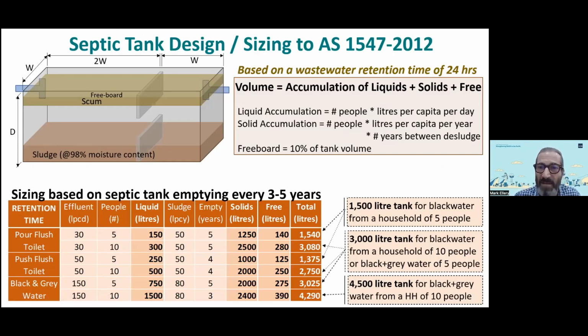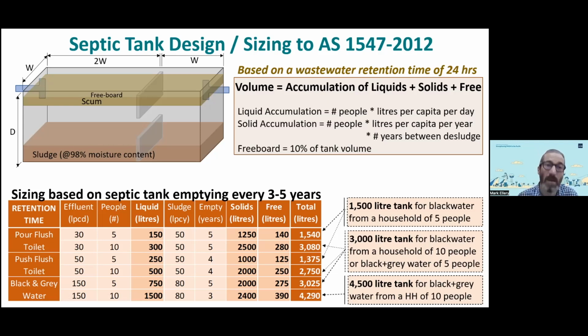Sizing of septic tanks is based on an effluent attenuation time, or retention time within the tank, of 24 hours. Now, that's 24 hours when the sludge is at the point that you're ready to remove it. So in terms of